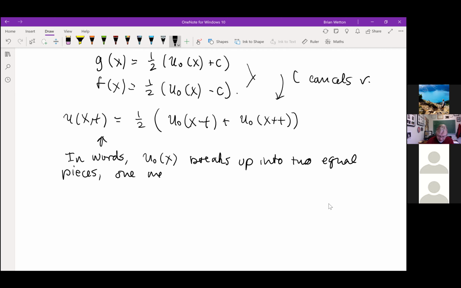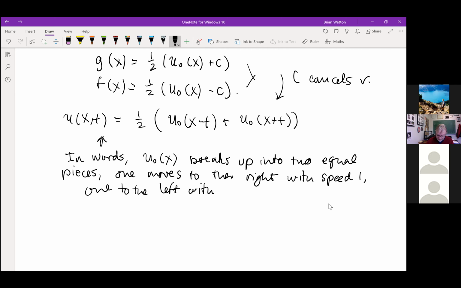And one moves to the right with speed 1. And one to the left with speed 1. You've probably seen this d'Alembert solution before, but